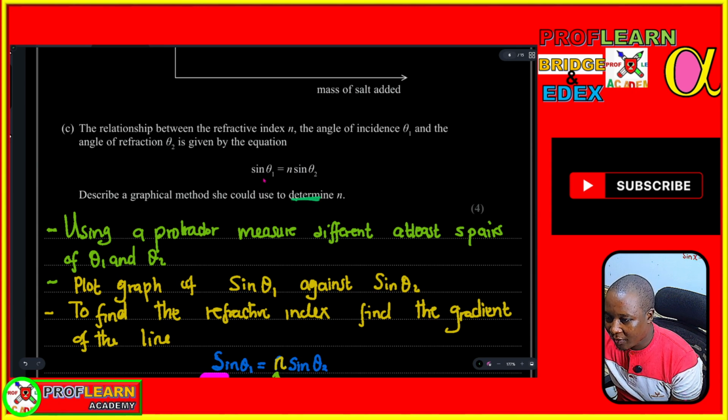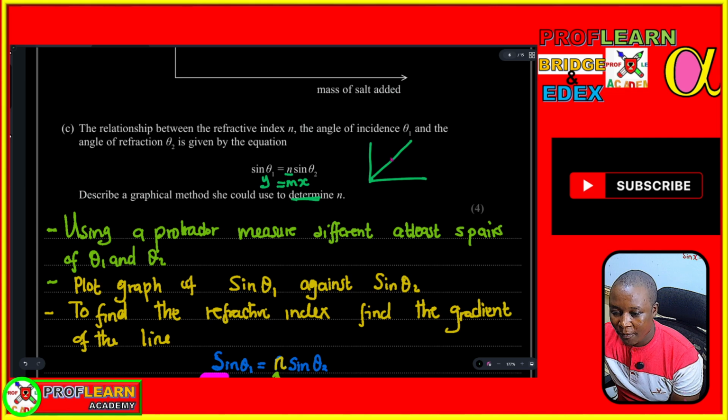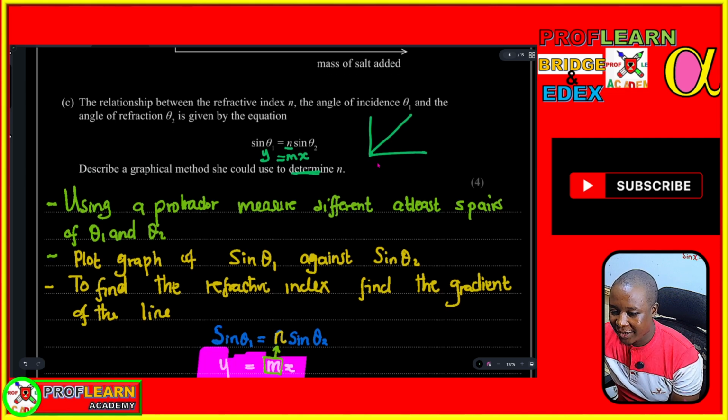You can see this graph is y equals mx, and in that case it's a graph that passes through the origin. So which means if we draw a graph of sine theta 1 against sine theta 2, we are going to get a straight line. And to get the refractive index, it will be the gradient of this line that we have obtained, and that is exactly what I've described